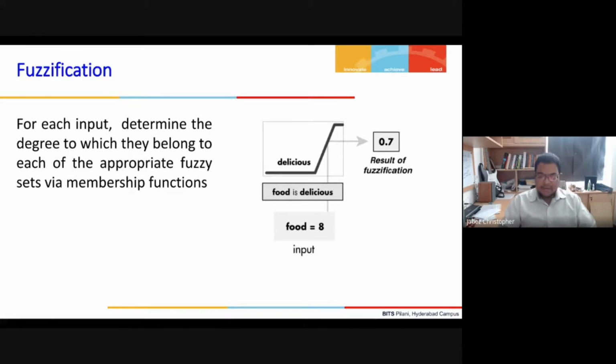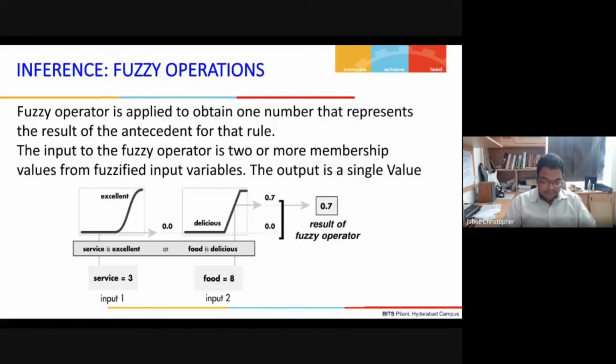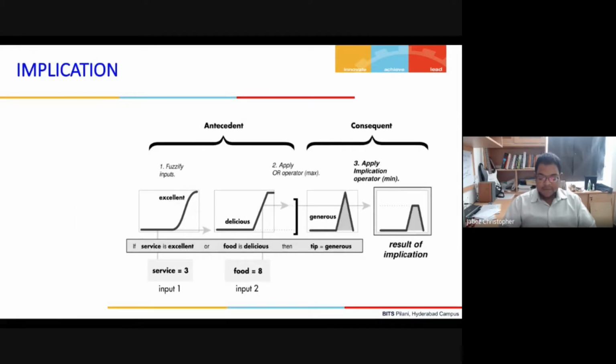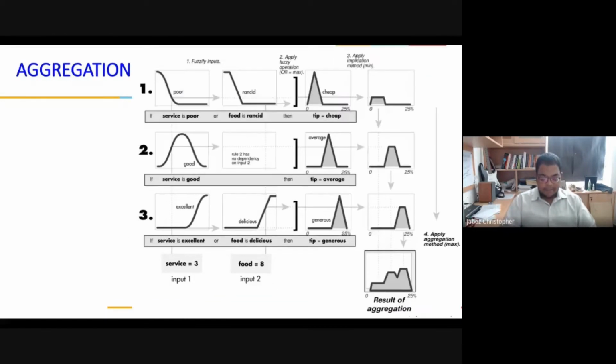I think we already saw this. So this is about fuzzification. We know the inference rules and the operators that we use in the inference rule, the AND operator and the OR operator. If it's the AND, it's going to take the minimum, OR means it's going to take the maximum, and so on. And then we go for the implication, and whatever we get through the implication, we apply it for the output variable. And then through the aggregation process, we get the aggregated value. Here in the defuzzification part,